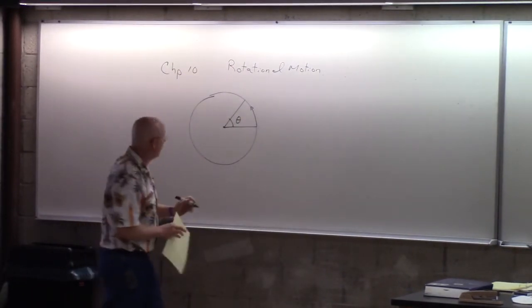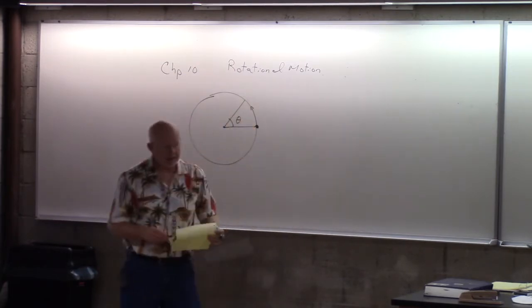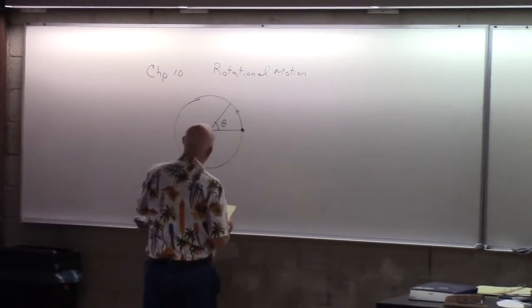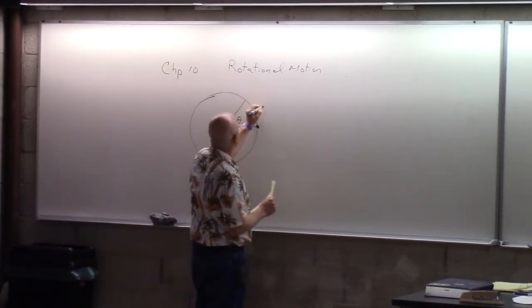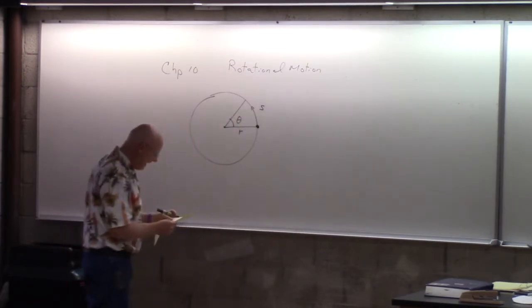So if you pick some point on the wheel, maybe you just pick that blue cube that I was pointing out, and as it moved, you might say it moves along some arc, it has some radius, there's some angle